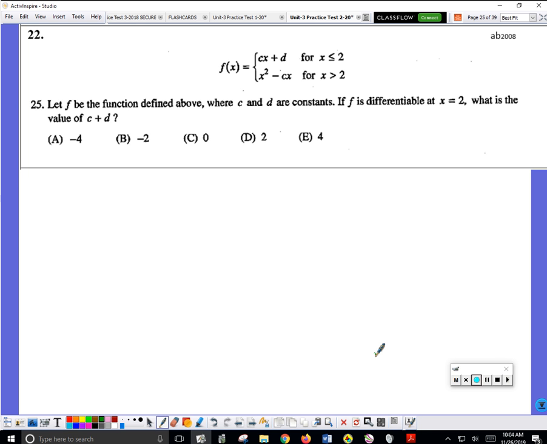Okay, 22. The concepts that you must use to solve this problem are, how do I say this? It's a really common concept that has to be used on the multiple choice as well as the written section. So there's a flashcard that you should be remembering as you read this problem. They give you a piecewise function, then it says, if f is differentiable at x equal 2, what are the values of c and d? That statement, f is differentiable at x equal 2, you must, on the written section,